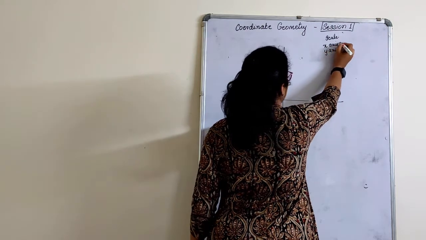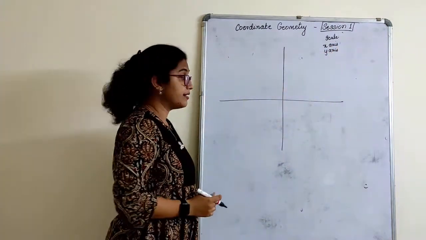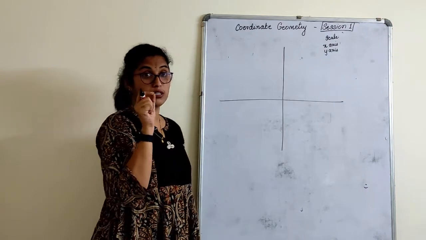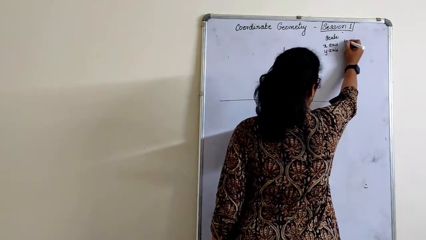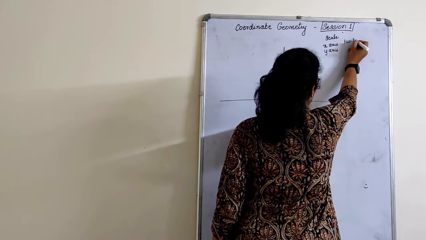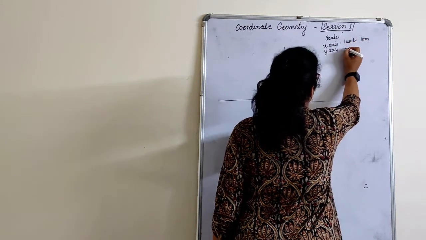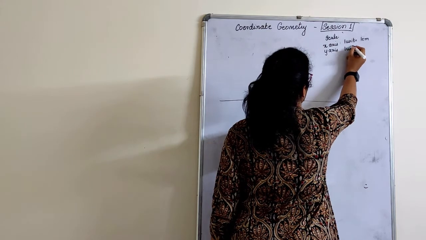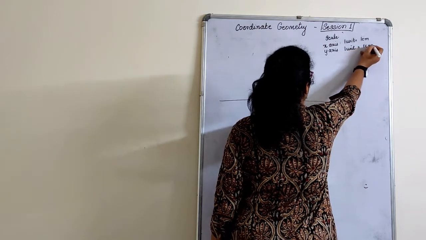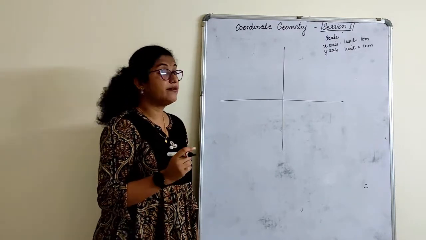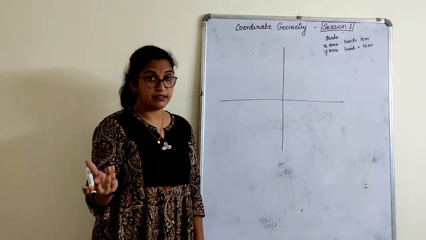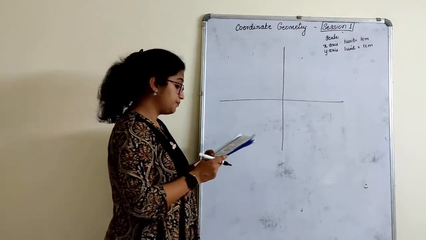Even in the previous one, how do you choose a scale here? Now in a graph you have those boxes. So one box is nothing but 1 unit. So 1 unit is equal to 1 centimeter. Y-axis also same thing. Sometimes you will take that as 2, 4, 6, 8, or 5, 10, 15, 20. At that time 1 unit is equal to 5 centimeter. We write. Scale is very, very important.